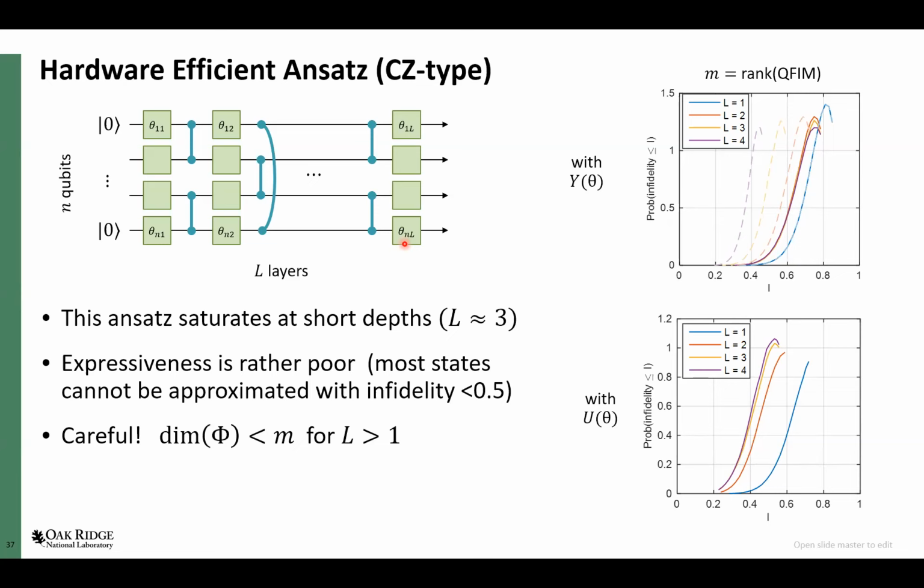So I picked some random theta values, took the derivatives, calculated the Jacobian, formed the Fisher information matrix, and then computed its rank. I did this for a bunch of random angles, and it's pretty much always the same. What I found was that for one or two layers, the rank is equal to the number of parameters or close to it. But beyond that, it just really didn't increase very much. That was a surprise to me, but it showed that once you get past a few layers, these additional rotations aren't really letting you explore any new parts of Hilbert space.